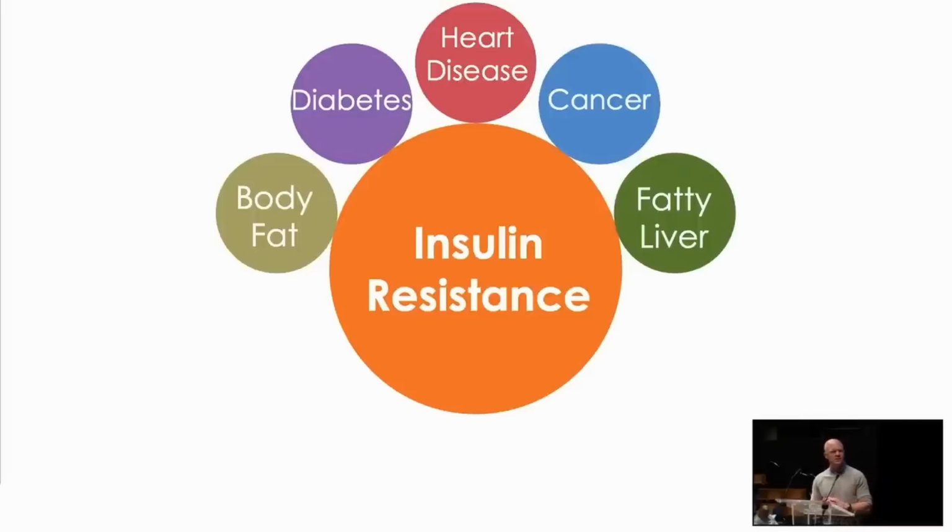And so insulin resistance is fundamental in contributing to heart disease. It would be very uncommon, not totally impossible, for someone to have heart disease, and hypertension plays into that, without it being preceded and caused by insulin resistance. And then certain forms of cancer, if not caused by the insulin resistance, and I wouldn't say it is, it's exacerbated. Insulin resistance is accelerating the growth of the cancer. And the most common liver problem worldwide, fatty liver disease, is directly caused by insulin resistance and the insulin promoting the growth or the production of fat within the liver.